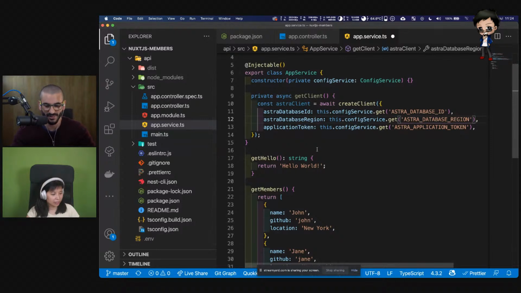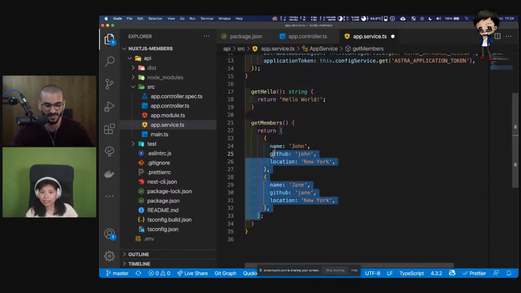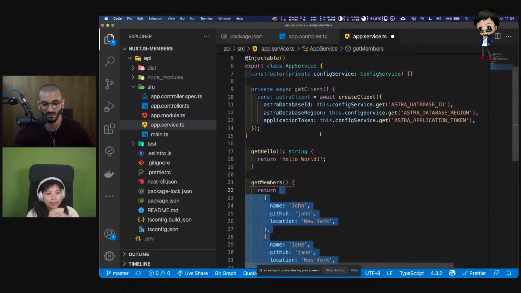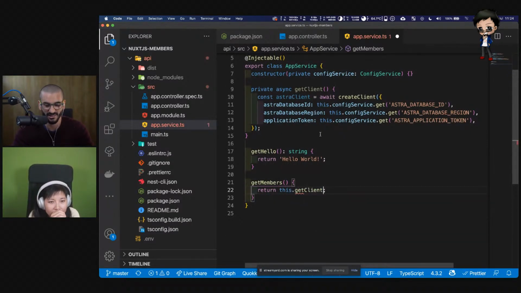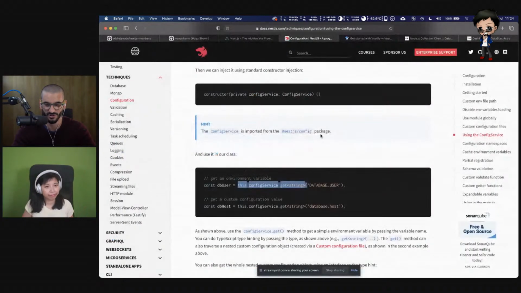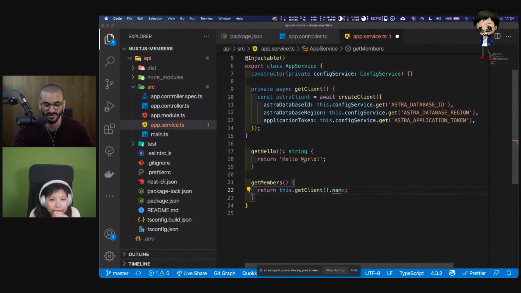Right, so let's have a look. Okay, so we've got that, we've got the client. In this get, I should be able to remove this and do, which we know works, this getClient, and then we will want to do, if I remember, I've checked the docs, namespace, then collection. So is it getNamespace or just namespace? Namespace. And the namespace we will use is the one from yesterday to begin with, just to get some data, which we called, I think, capital Next, not Nux. We will change it to Nux when we start inserting data. But for now, as we want to,